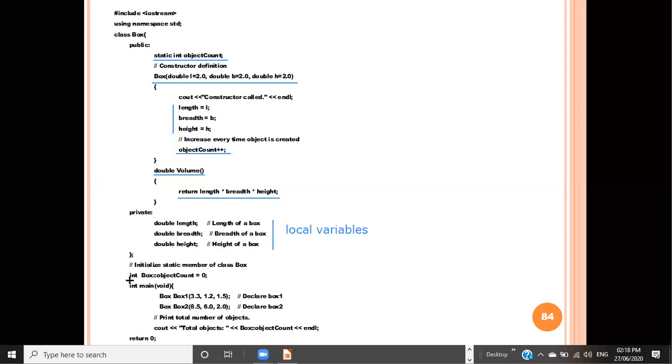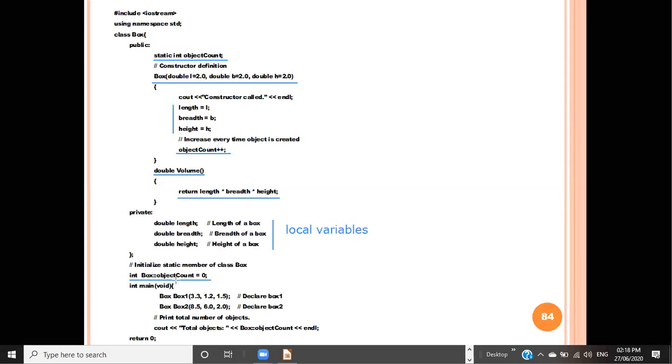This particular line is used to initialize that static variable, and it is initialized with the help of the class name. The first one, int, is the data type. The next one is Box, the name of that class. With the help of the scope resolution operator, we can directly access that static variable outside of the class.